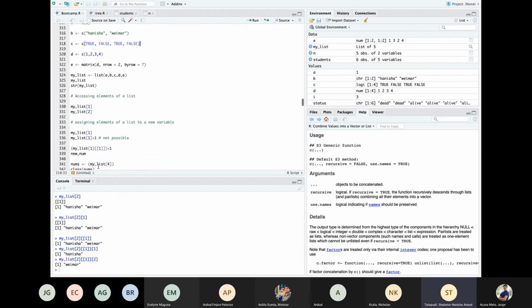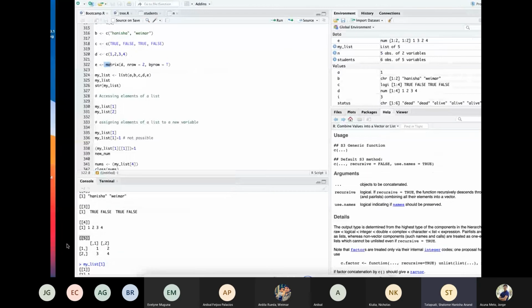The same way I can access other elements within the list, and you can play with them and try to see how you can access a matrix. If you look at the matrix right here, this is the fifth one, and then